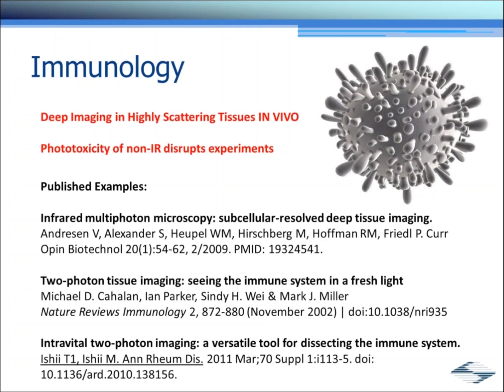And another example in immunology, on this slide I have a picture of a T cell, and one of the reasons I have that image there is because of this first example on the publications that I'd like to share with you. Peter Friedl studies deep tissue T cell migration, and he's done some amazing work in watching T cells migrate through tissue at very impressive depths and at very impressive resolutions. So these are all things that 2-photon imaging has really opened up because of the ability to image deep in the tissue. Of course, in immunology, the lack of phototoxicity is also important for many of the experiments.